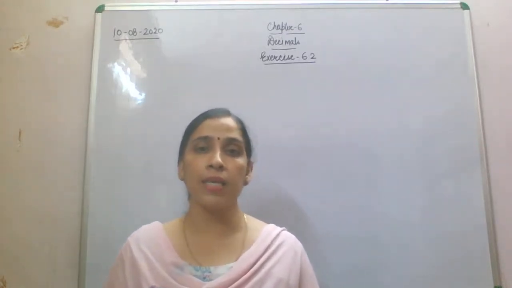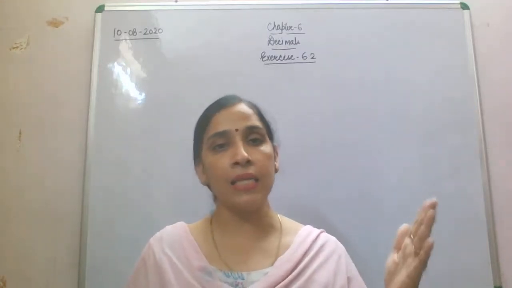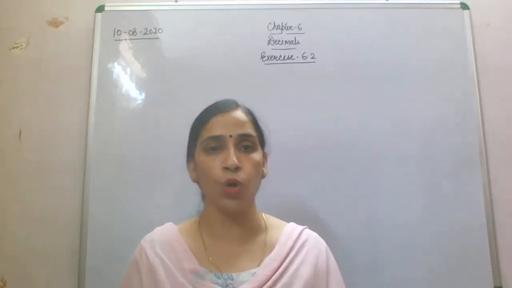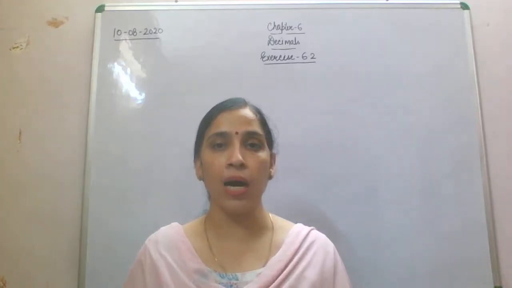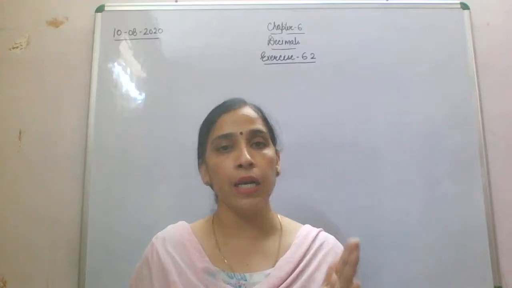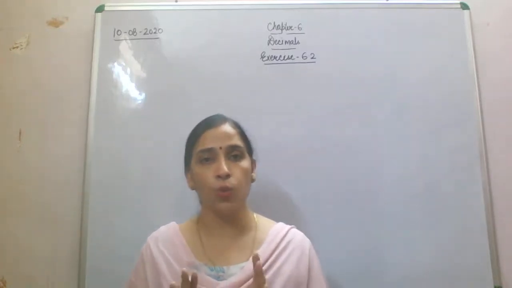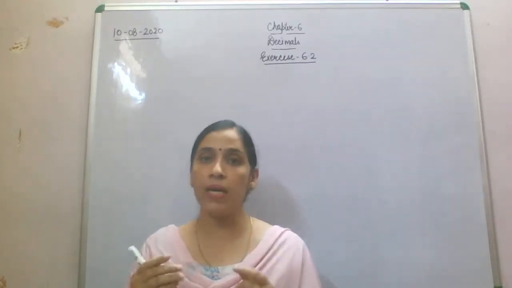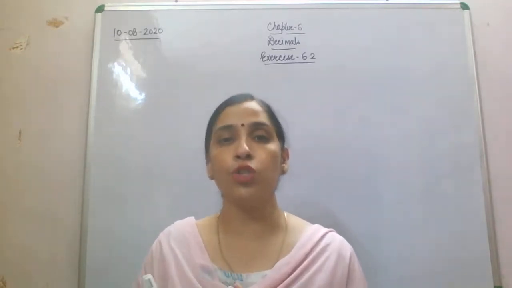So now children, as I told you, we have been given two kinds of questions. Either expanded notation will be given and you are supposed to write it into short form, or a decimal number will be given and according to the place value you are supposed to write it into expanded form. Expanded form is also called expanded notation, and writing it in decimal form is sometimes called writing it in short form.